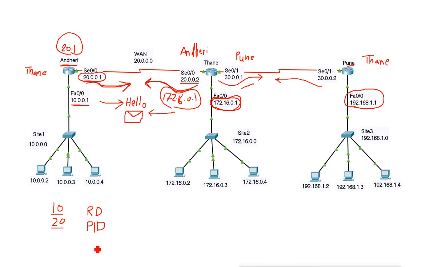Then they send the area detail, what area they are connected to. Then they also send the subnet information, what subnet they are connected to.